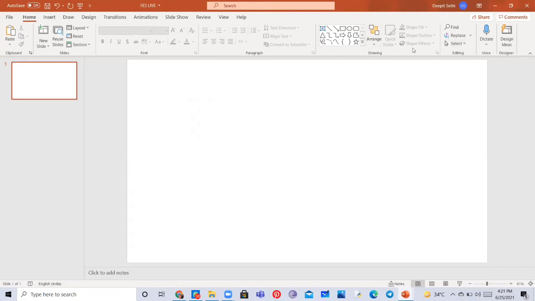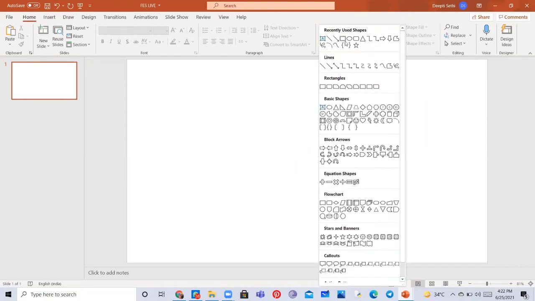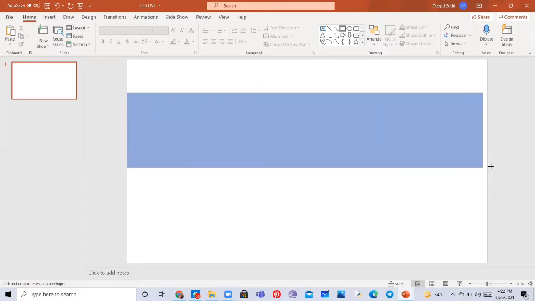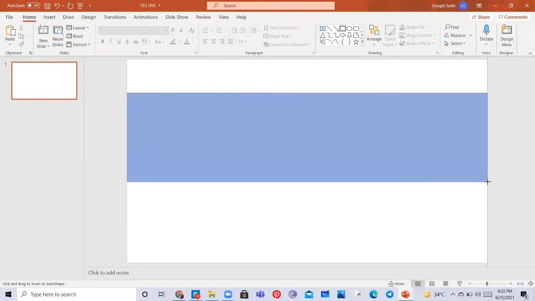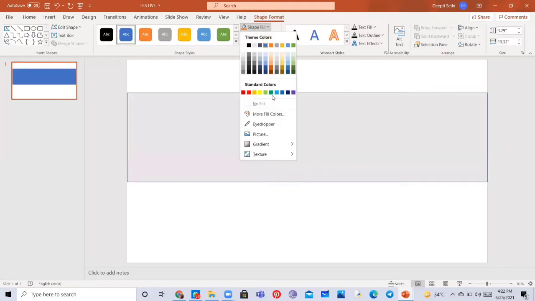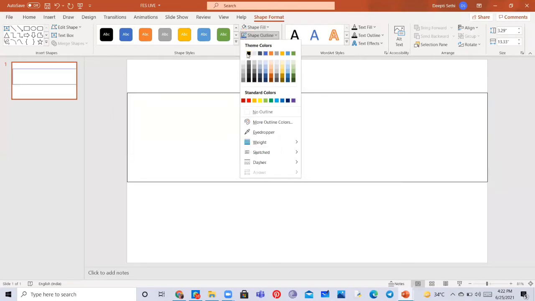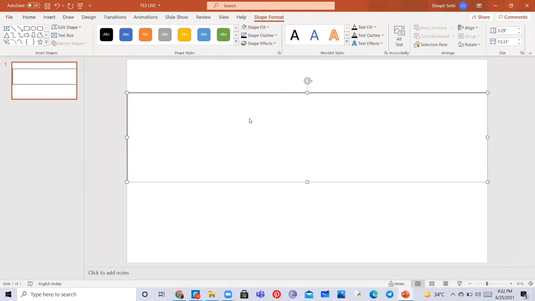Then we can go to the drawing tab in the home tab itself and choose the shape tool and form a square. We are going to keep the length full and we can choose the breadth according to our text. I'm going to choose this much, and we are going to set its shape fill to no fill, and for now choose a black outline so that we can see where our square is.